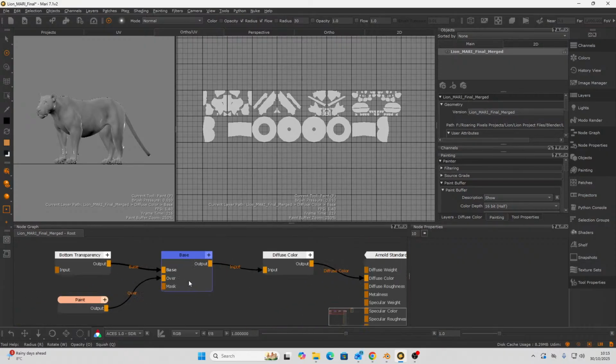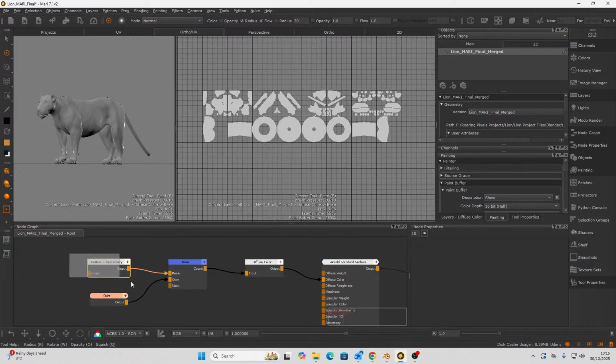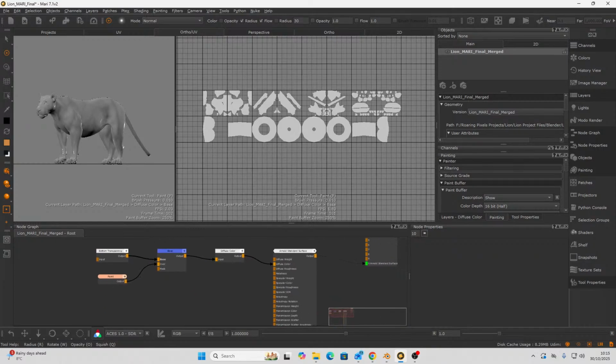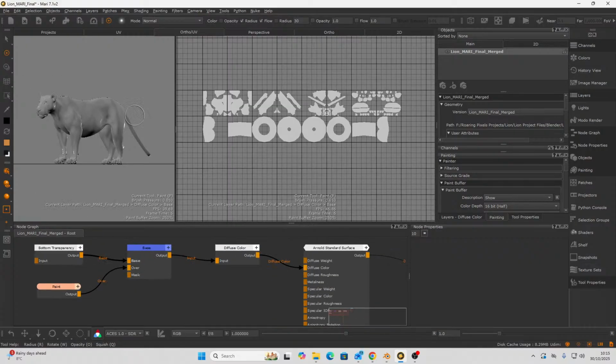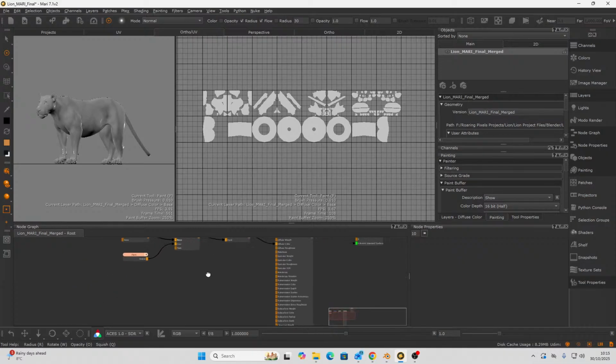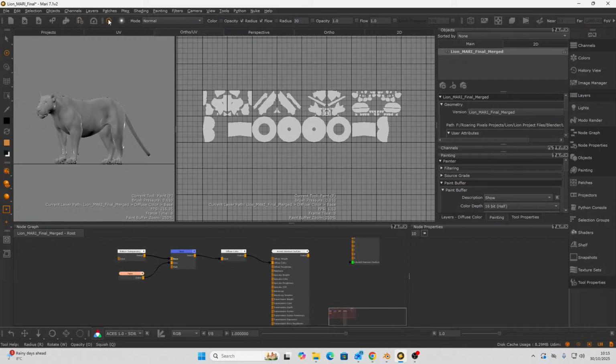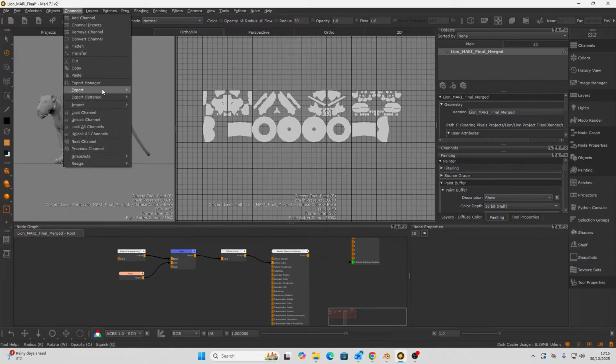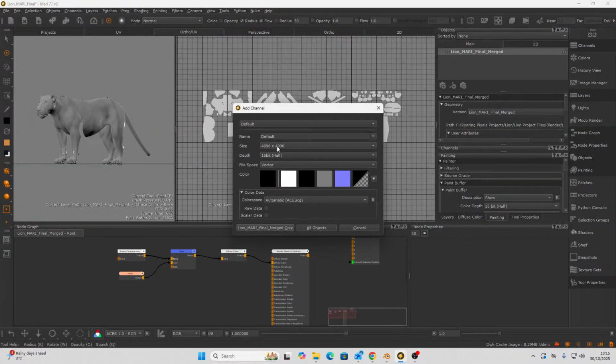And so we have this diffuse color channel, which I don't even need, but anyway, this is just so we have something of a base. So the next thing to do is to import some of the channels. So we do have, if I say channels, import into new channel,